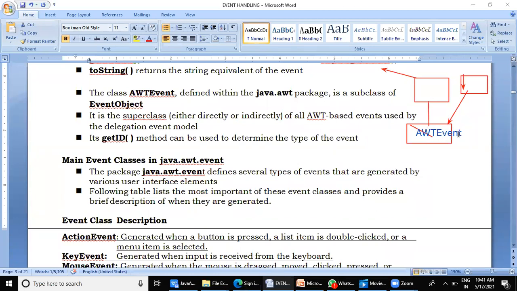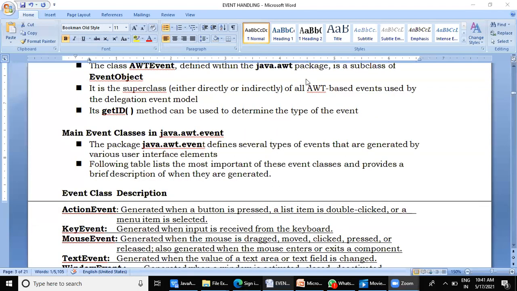Again, we are not directly going to use AWTEvent. We are going to use different classes, the different events defined in that class. Anyway, let us learn more about this AWTEvent class. The class AWTEvent, defined within the java.awt package, is a subclass of EventObject.